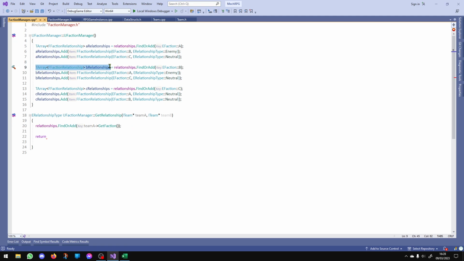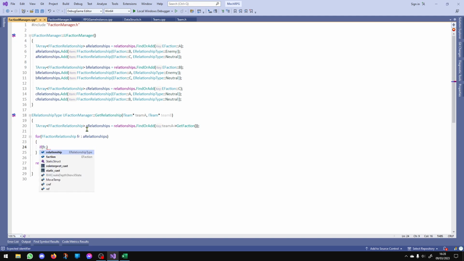Then we want this, A relationships, and then we could probably have a map inside the map of the array. I think I'm going to overcomplicate this, but for now all we have to do is go through this. This is going to be for fr in A relationships, if fr dot faction equals team B dot get faction,